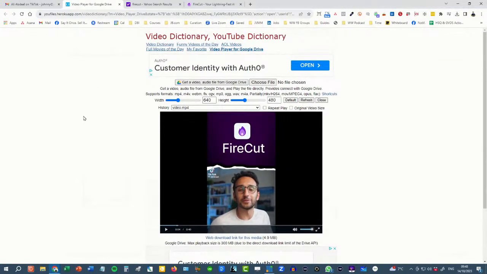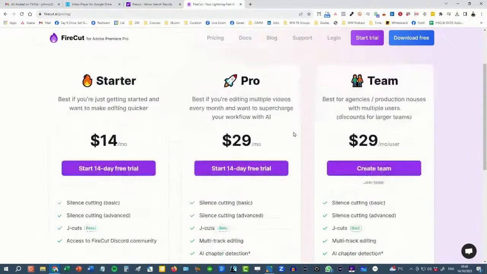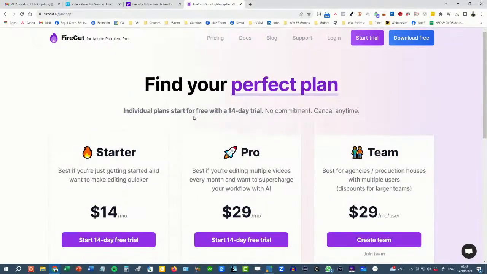Okay, so I watched the video. He's talking about Firecut. So I look that up and I get a link to Firecut, which brings me to this website, and I have a look at the plan. But what I'm talking about here in terms of the productivity tip and logging this as something that I want to use